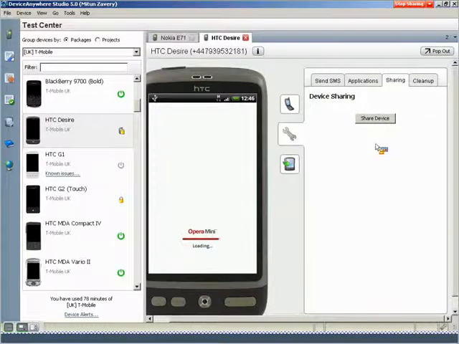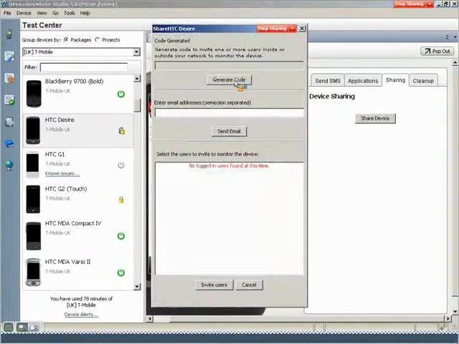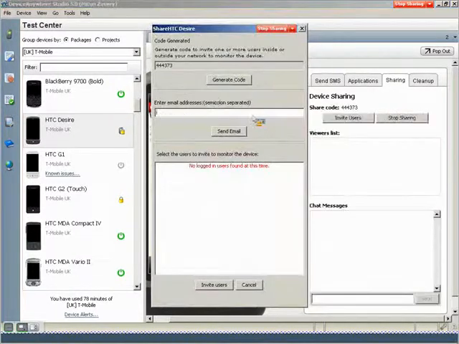We also have the ability to share the screen of the device. So if you have a distributed team, maybe a team that's based in India or somewhere far off, we're able to actually share the screen of our device. So if the tester was to find a problem on the device and say, well, something's not working accurately maybe on this network or on the Orange network, for example,